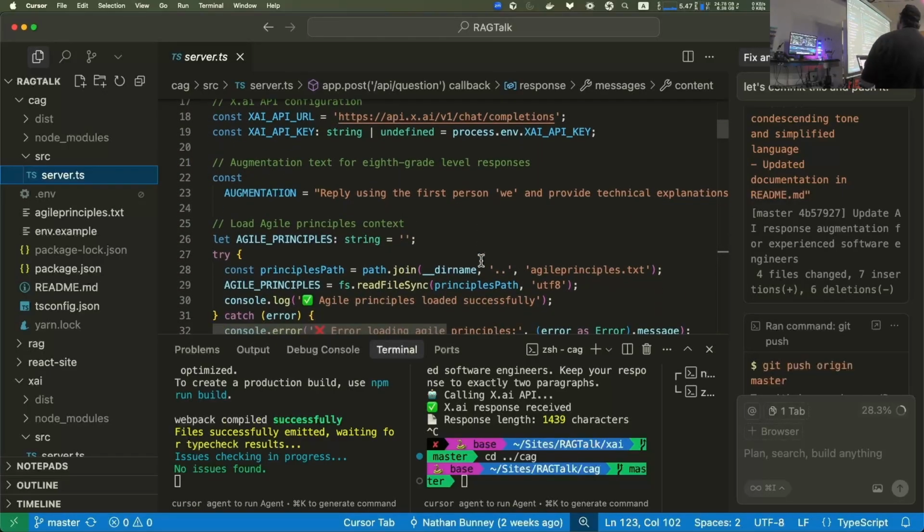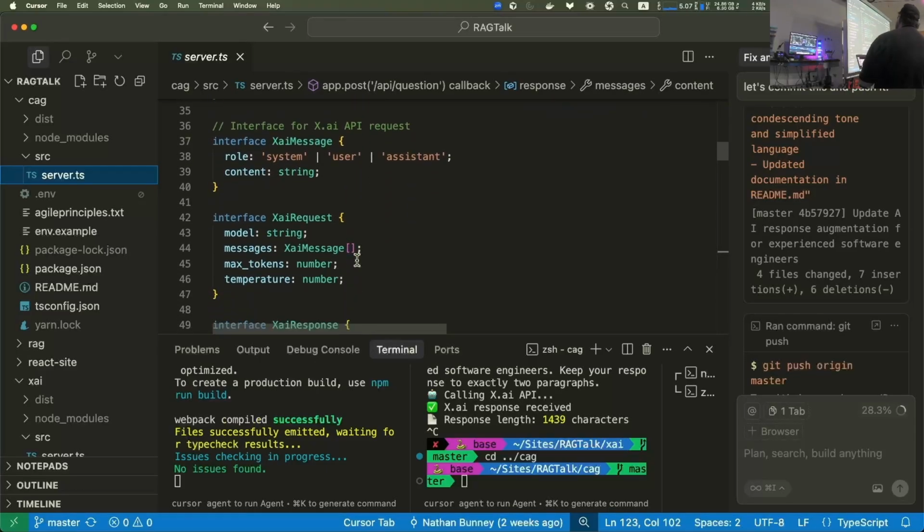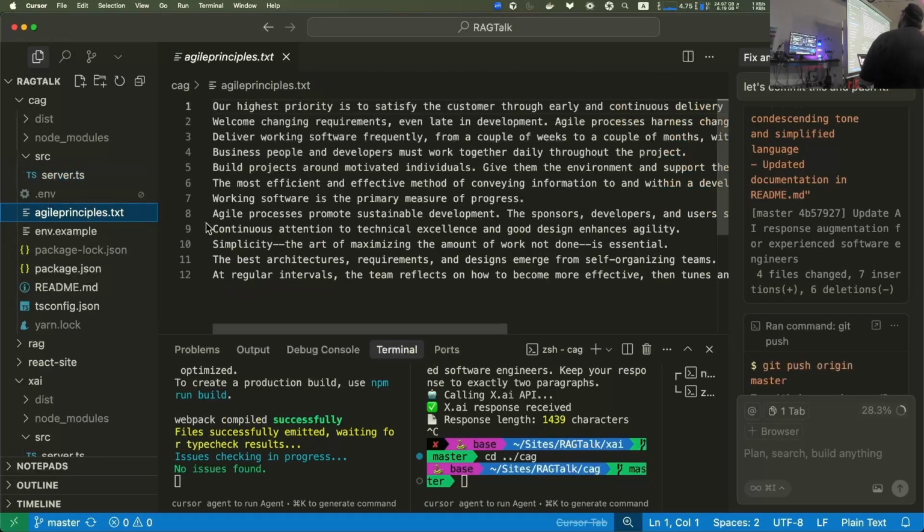AgilePrinciples.txt right there, line 28. There you go. So we're basically opening this file up and we're taking that file, and let me just show you really quick what that file looks like. This is the Agile Principles website. There are 12 principles, right? So this is probably a pretty good example of maybe why you want to use CAG.